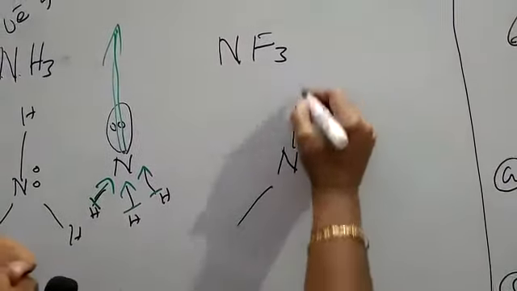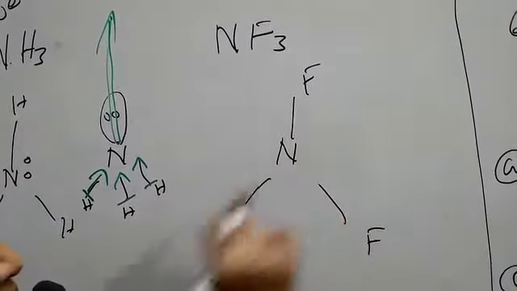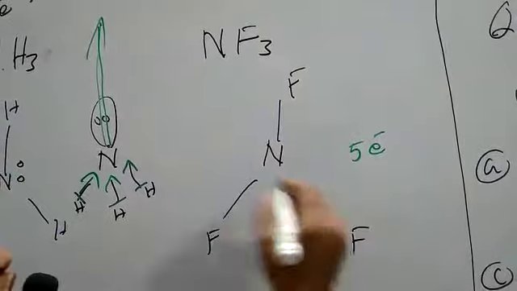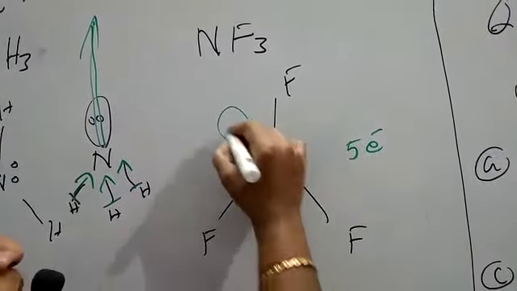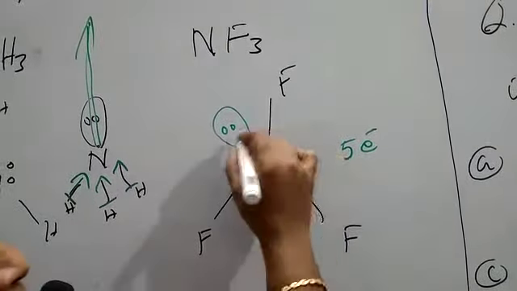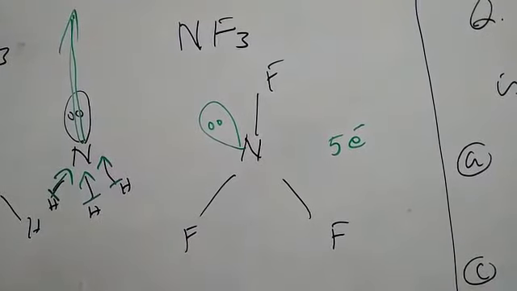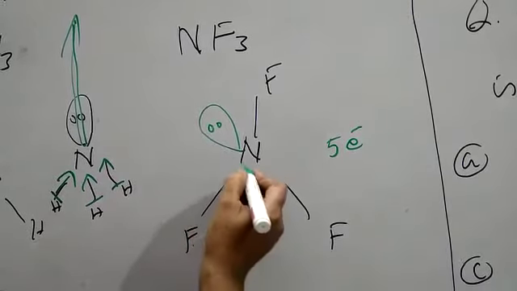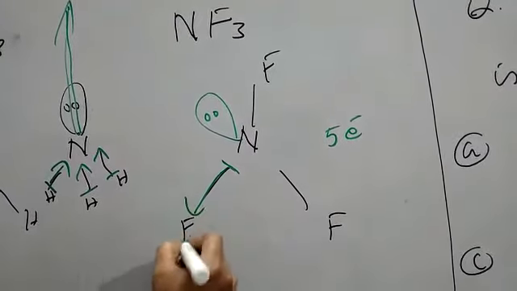Nitrogen with these 3 fluorine. Here, as I told, it is having 5 valence electrons, 3 consumed, 1 lone pair is there. Okay. So now that lone pair I am putting here. 5, 3 as a bond pair, 1 lone pair. So now in this category the story is different, because here nitrogen with fluorine, this is less and this is more. So the dipole moment is moving in this direction.